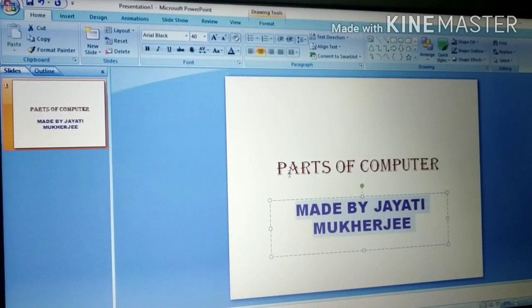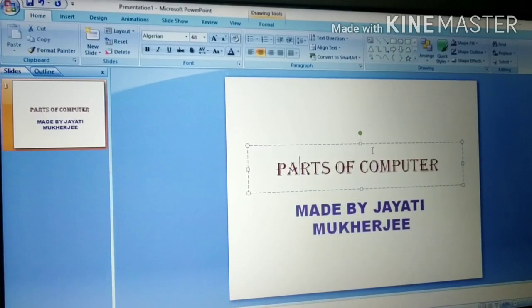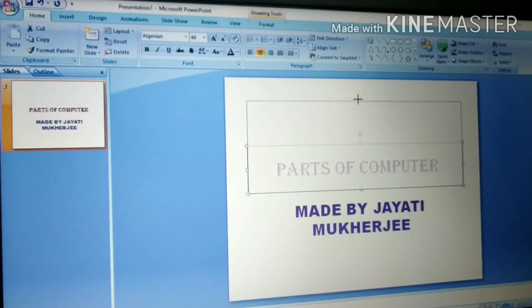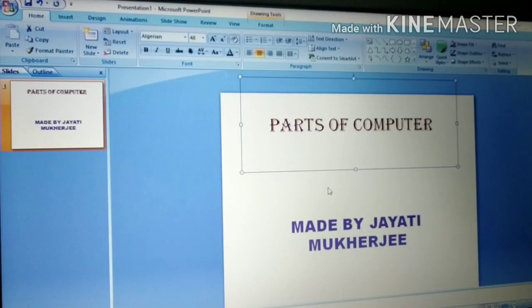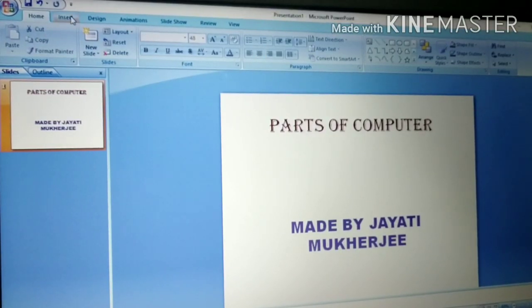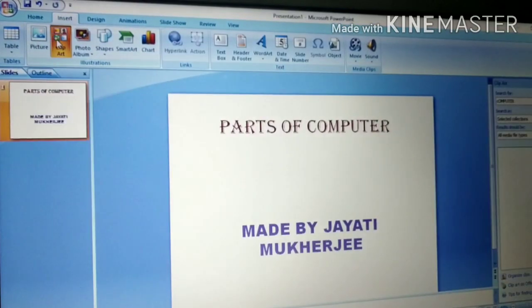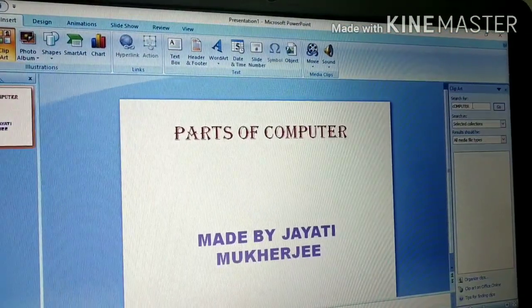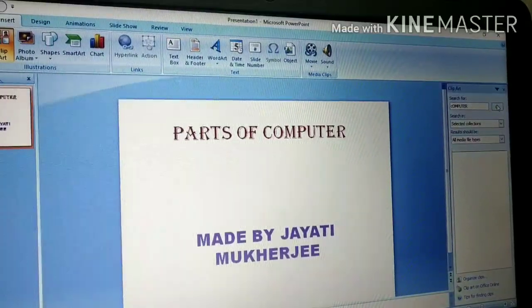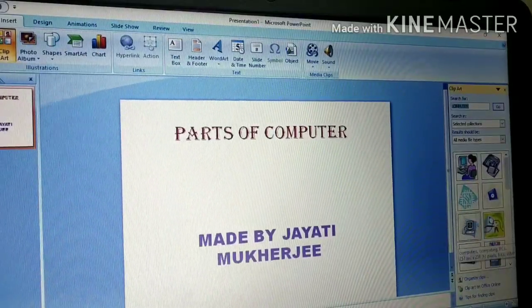Okay. Now, if you want to add any picture, that also you can do, in order to make your text look very beautiful. So let me first drag this one a little bit, so that in the middle part we can add our picture. So go to the insert tab, I hope you all can see it. Click on this insert tab and then click on clip art. As you click on clip art, you will get this type of box. See, here I have written the topic's name and then click on go.